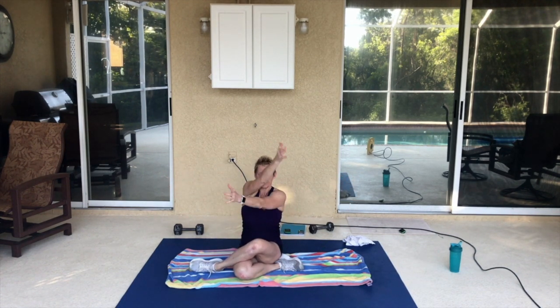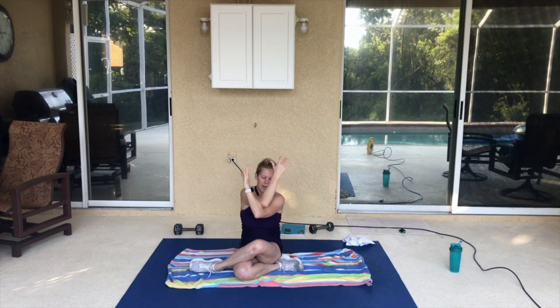Arms are out. Left arm goes under, right arm goes on top. Pull out with those arms. Feel that stretch across the back. You should feel a nice pull down through the shoulders. Sitting up straight, engaging the core. Sitting on both sit bones. Don't be lifting off of the butt. Now,